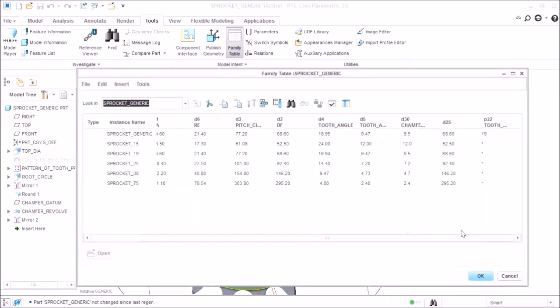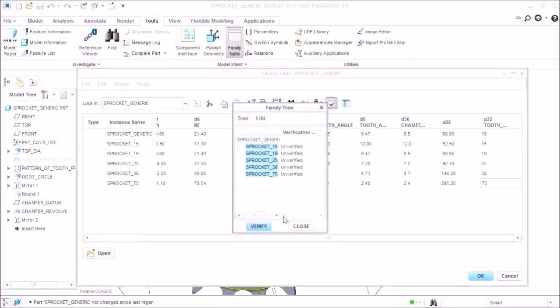Add the pattern and go back to your column. Add the number of teeth you need in every gear, like 15, 19, 25, 38 and 75. And now click on the verify button. It will check the results. Actually, Pro/E runs a backend program and gives us the result of our components, whether success or failure. As it shows, success for all of our components.